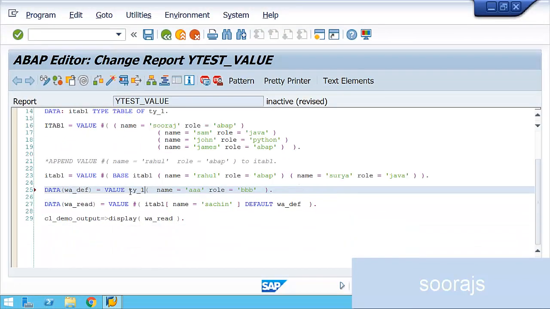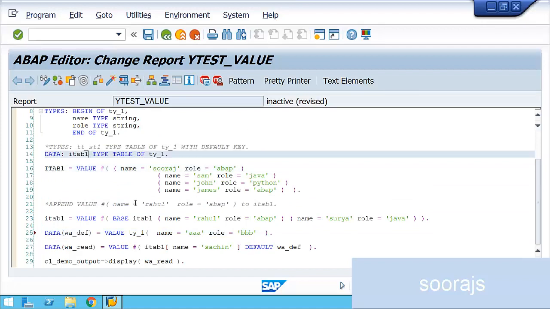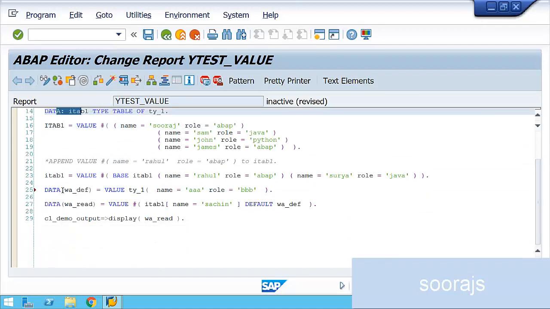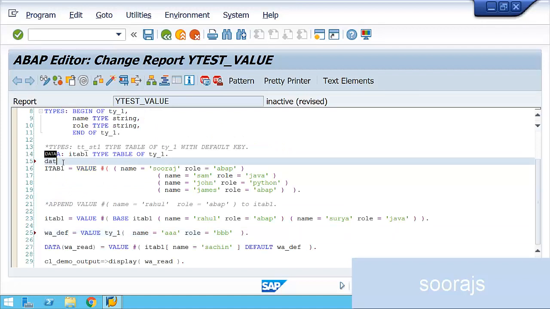Or I can remove this and say DATA w_def TYPE ty_1.